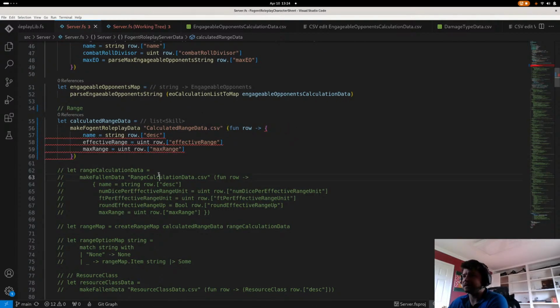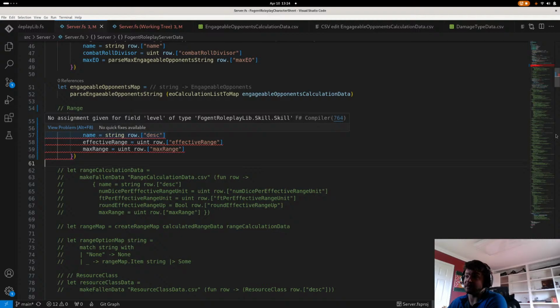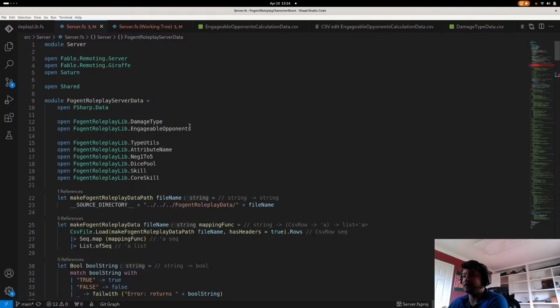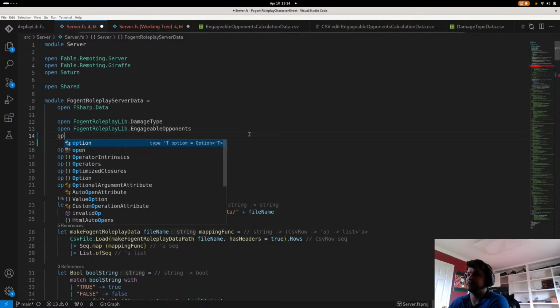And then this guy's angry because it doesn't have range yet. So we're going to go ahead up to our top here. We'll open up our